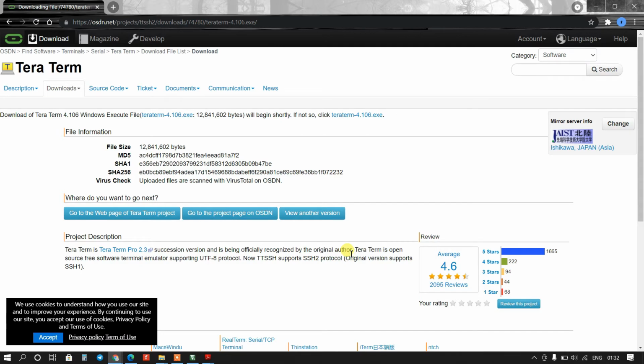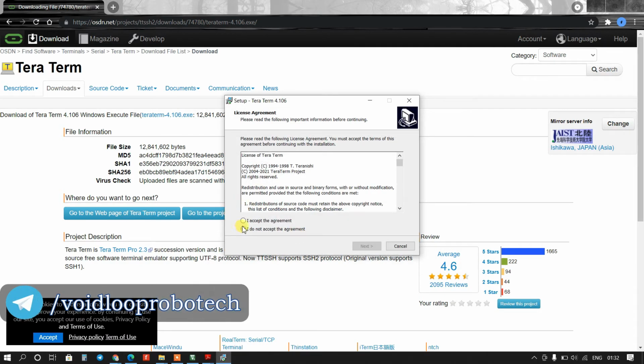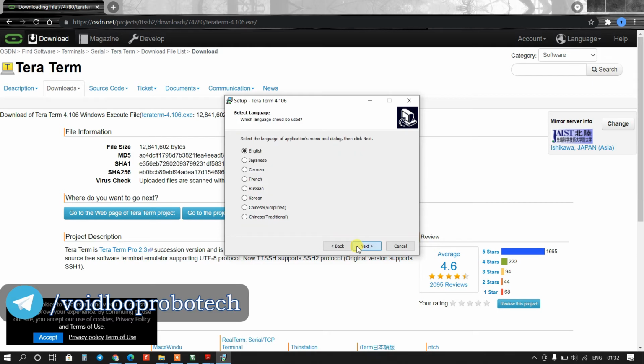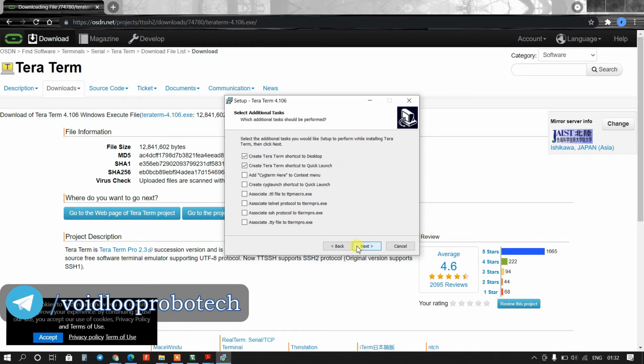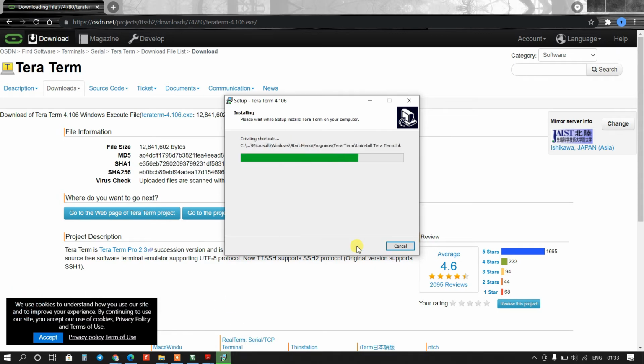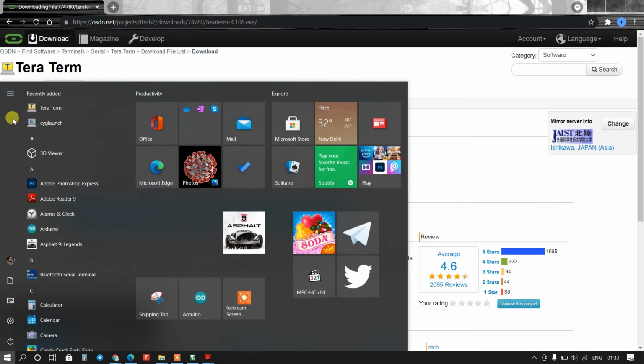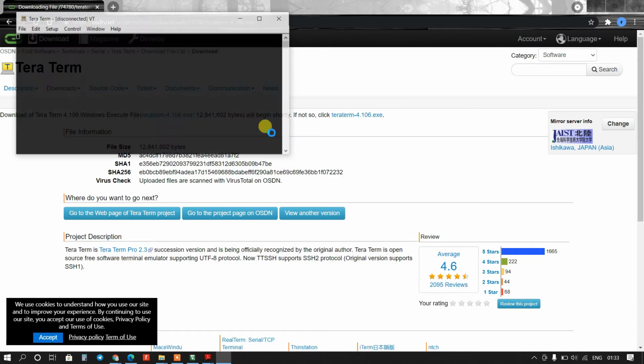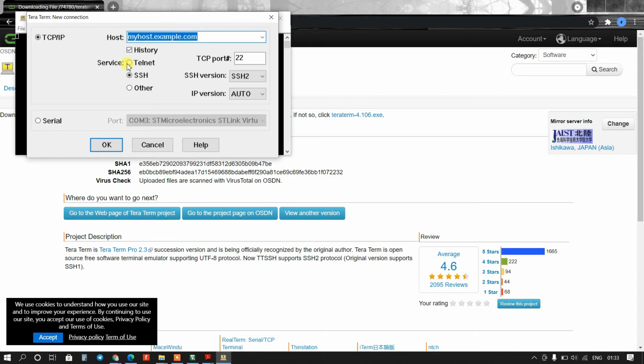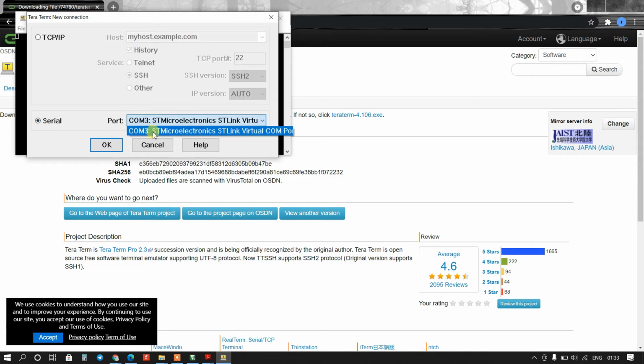Run anyway. Next. Okay, now go to start and open the Teraterm software. So go to serial, and here it is COM port 3. You can see COM port 3, STMicroelectronics ST-Link Virtual COM Port. Okay,